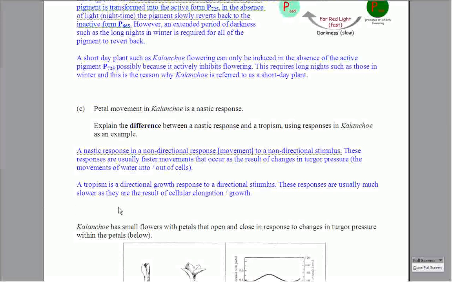A nastic response would be something like the opening and closing of flowers, or things like that, any kind of actual movement. Okay, the leaves could move during the day slightly to track the sun. It depends a little bit on the plant. Sleep movements in plants, some plants lower their leaves during the night and then put them back up during the